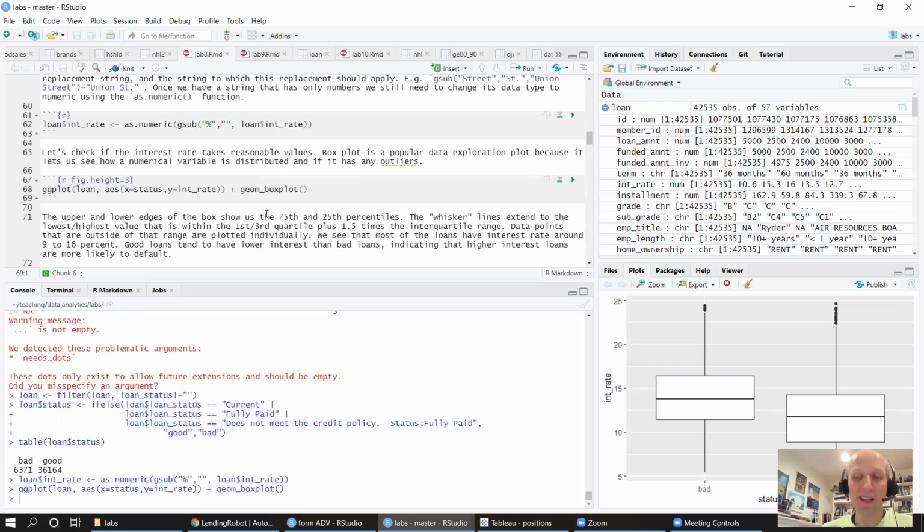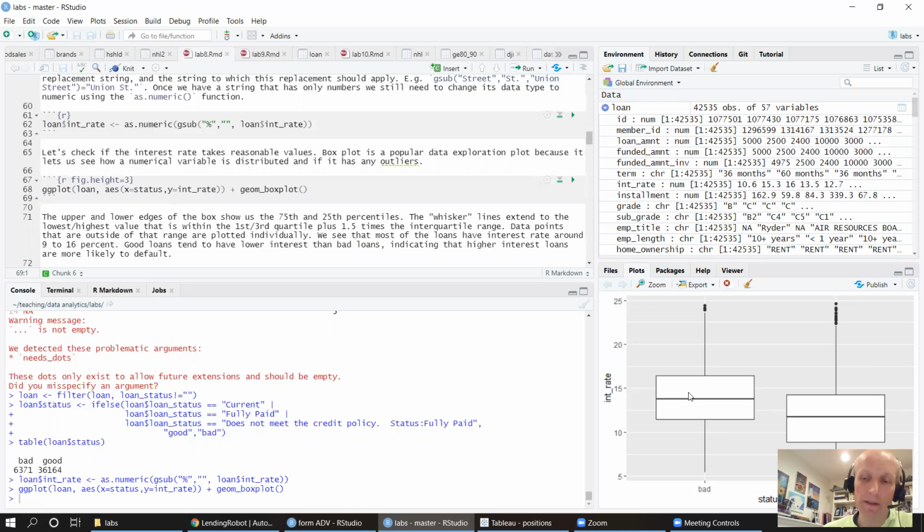We're going to use a variety of methods in this lab to explore the data. A boxplot tells us a little bit about the distribution of a quantitative variable. And here I actually plotted it both for the good loans and the bad loans. The boxplot, clearly the box is where